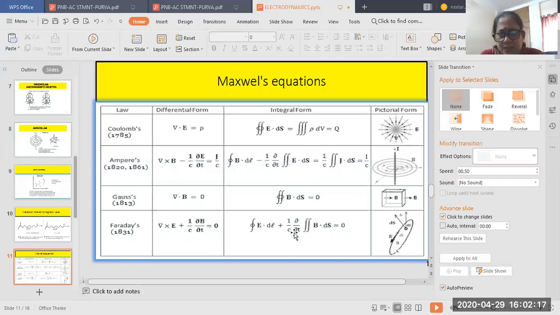So that is related with the net change in the magnetic field. Magnetic field change means you are inserting the bar magnet inside this loop as a function of time, that gives you net change in the magnetic flux or magnetic field. Okay, the linkage is with respect to the loop.